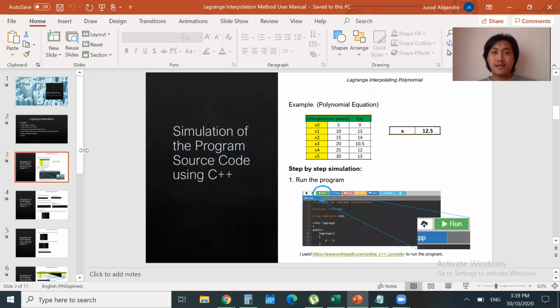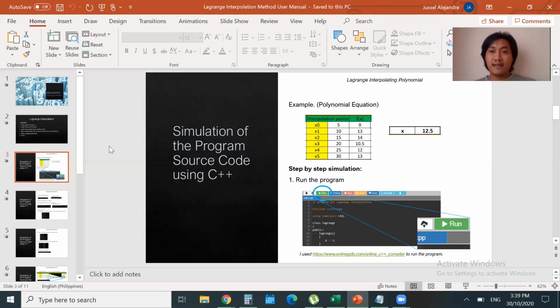So this is the program source code here. I assigned data points to be computed in my program. So I assigned an initial value of 5, which when substituted to the equation, the value is 9.